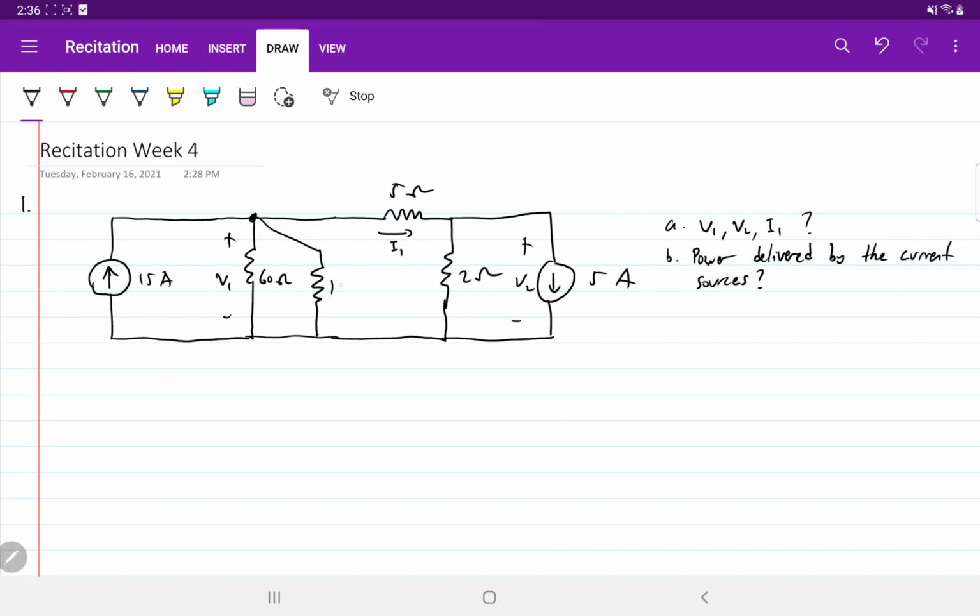This one is 15 ohm. So you have one essential node there, and the other is obviously here. So we have two essential nodes. That's why when we are using the node voltage technique, for this case we will have two equations associated with the two essential nodes. All right,